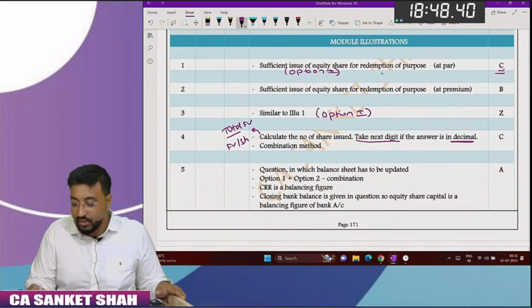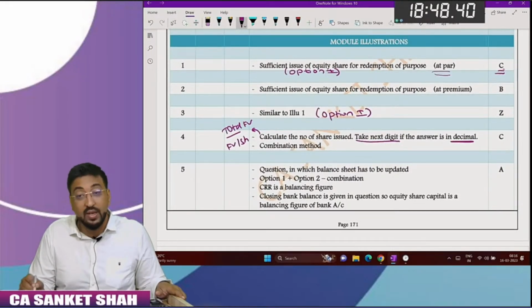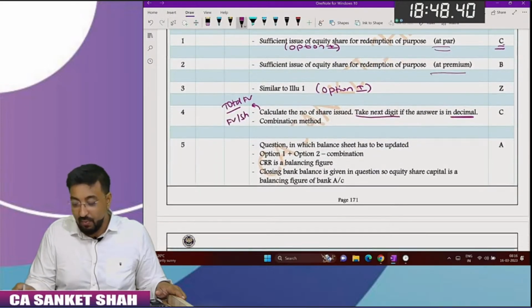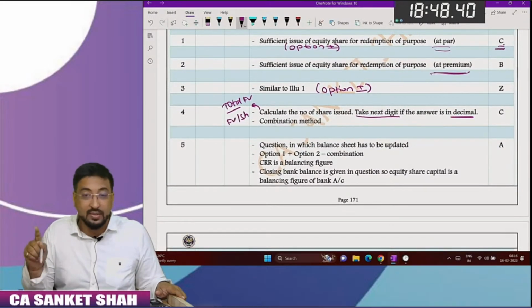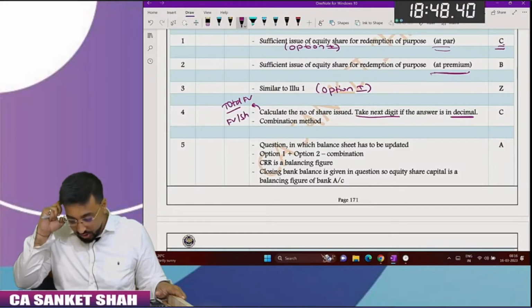Sufficient equity shares are issued. So this question is purely beta equity shares. Sufficient issue of equity shares for redemption purpose at premium. At premium दिया होगा तो फिर भी we will consider only face value. Similar to illustration 1. Total beta